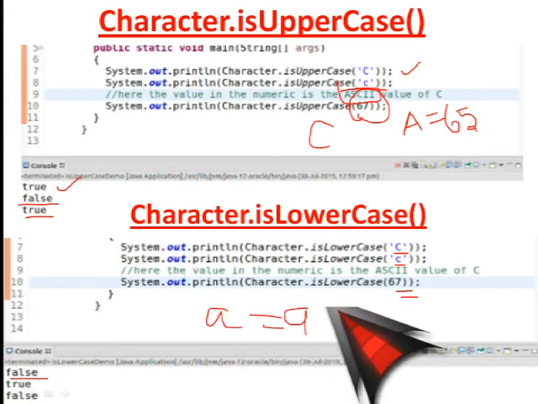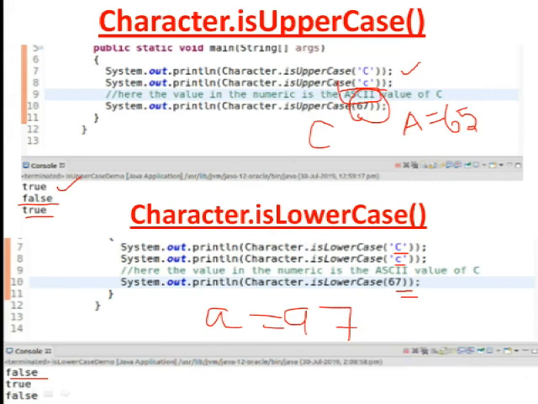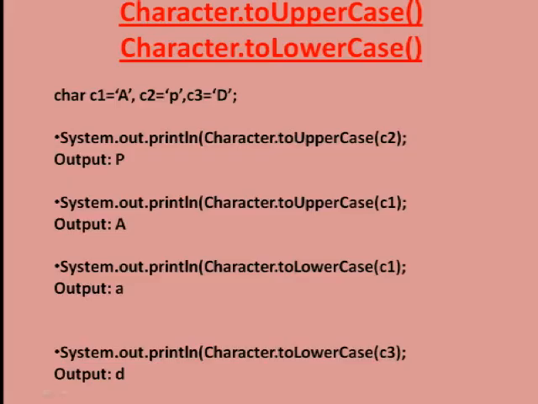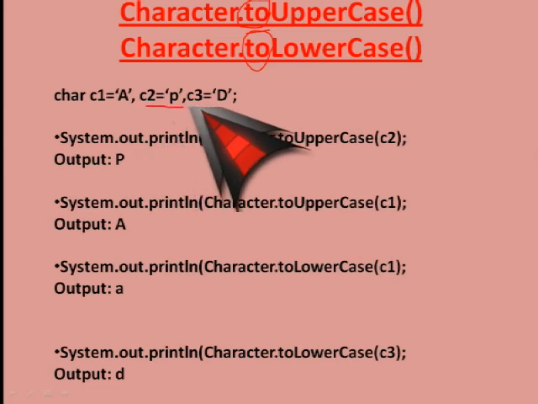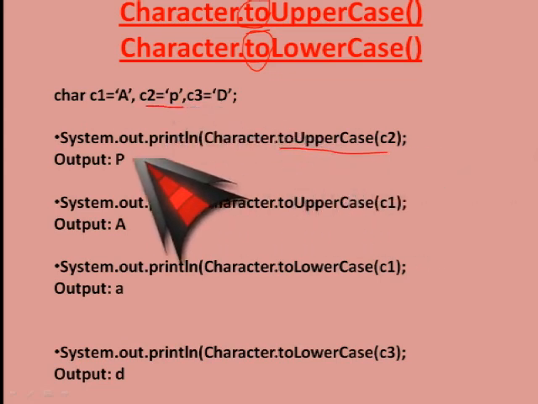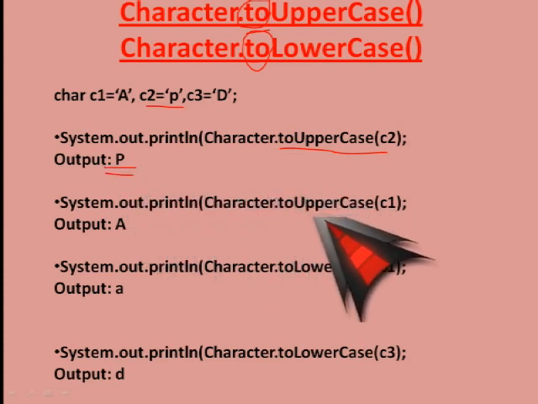Next, let's move to the other character functions. Now, here the word is no more "is"; the word changes to "to". Whenever the word changes to "to", it means we will change the character. When I change C2, which is small p, into uppercase, my result becomes capital P. When I change uppercase capital A, it remains the same, capital A, no change.